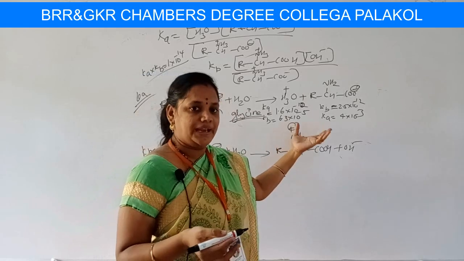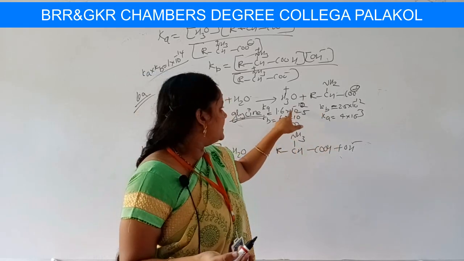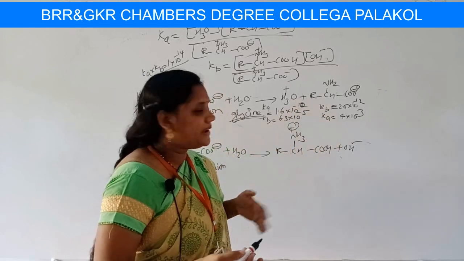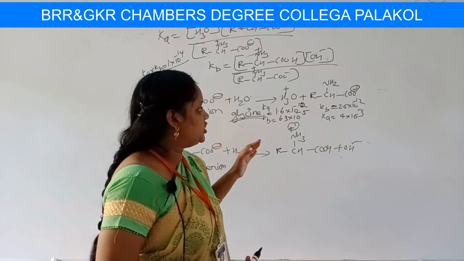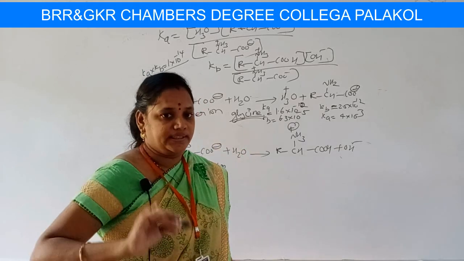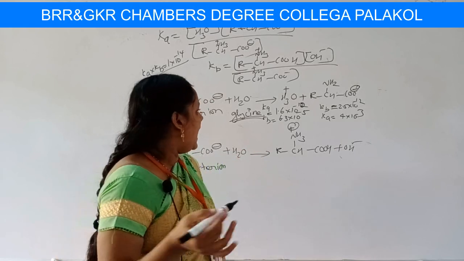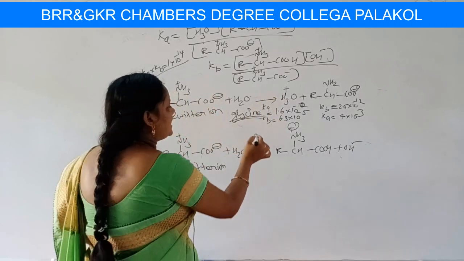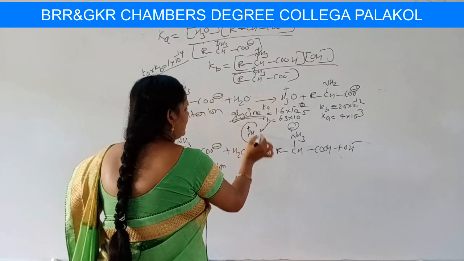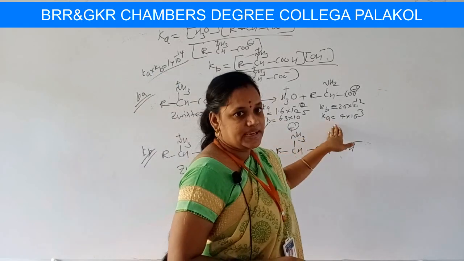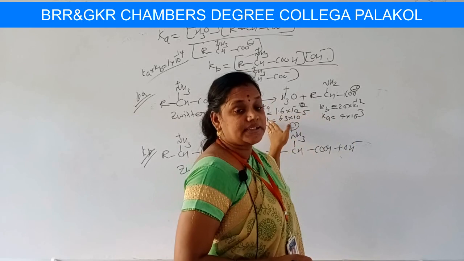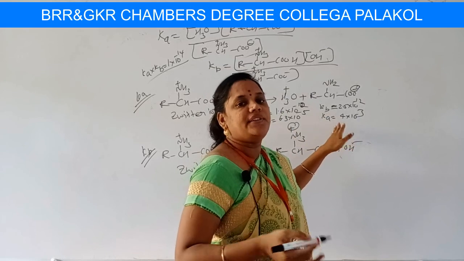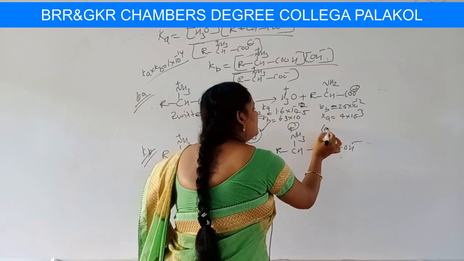Why we have to remember these values? Yes students, we have to remember this is the acidity constant, conjugate base, basicity constant, conjugate acid. We have to remember these values because the product of these should be nearly equal to 1 into 10 power minus 14. That is one of the important points. And the next point is, what does this value tell us? This value tells us the presence of the NH3 plus group. And this value tells us the presence of aliphatic amines, and that aliphatic amines are present with a strong electron withdrawing group COO minus.